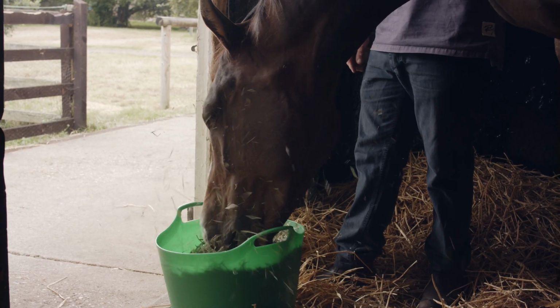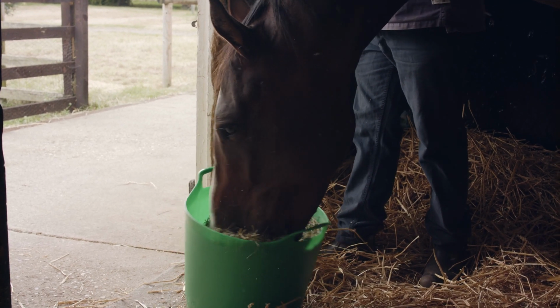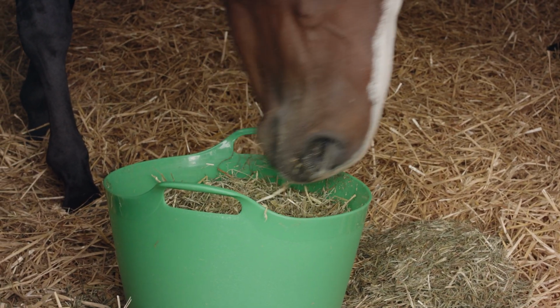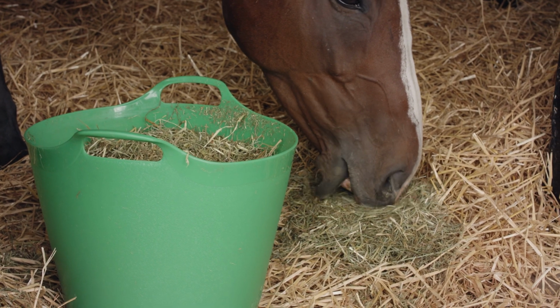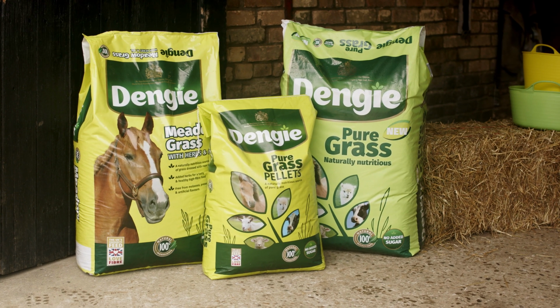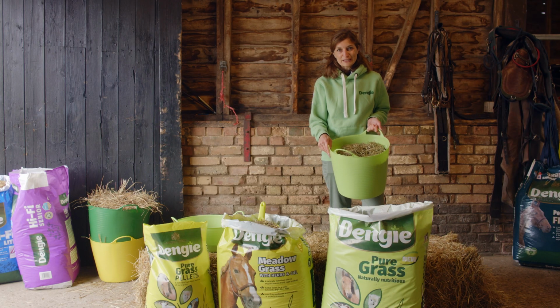If you need some more chew time, then something like the pure grass is going to be the best option. It's very lightweight and fluffy, so you get a lot of product for your weight. So if you're feeding a 500 kilo horse, you might want to use 1% of body weight as a minimum amount alongside other forages if they can manage them. This bucket weighs around half a kilo, so you get lots of chew time,